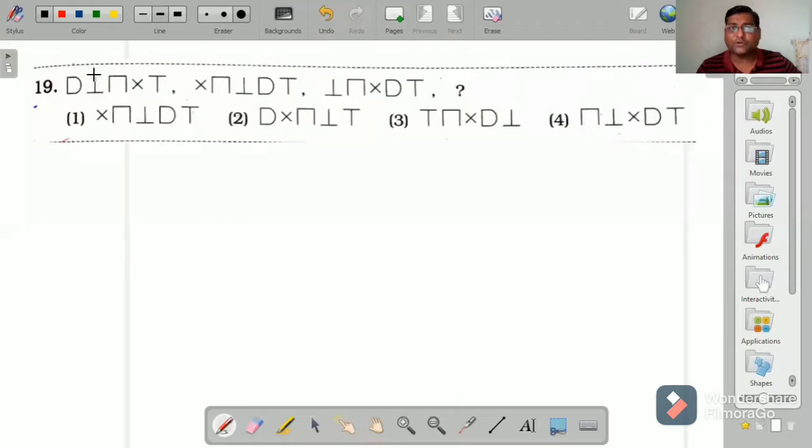So there are five symbols in each group. The last symbol keeps continuing as it is. It is not changing its place. I repeat, the last symbol in each group is not changing its place. It is keeping on the same place. It means on the place of question mark, we are finding out the group from the options. In that particular group, the same symbol should be there at the last in the group.